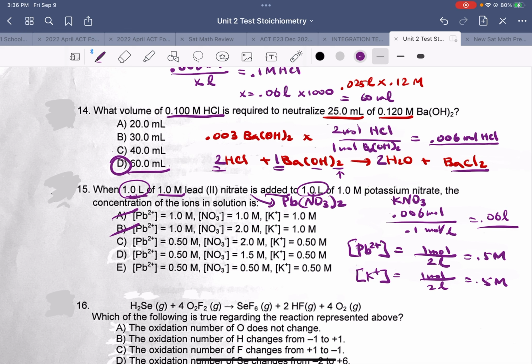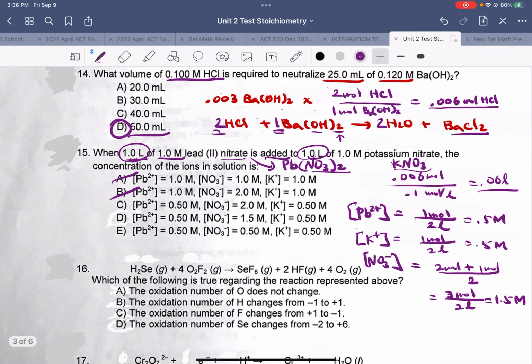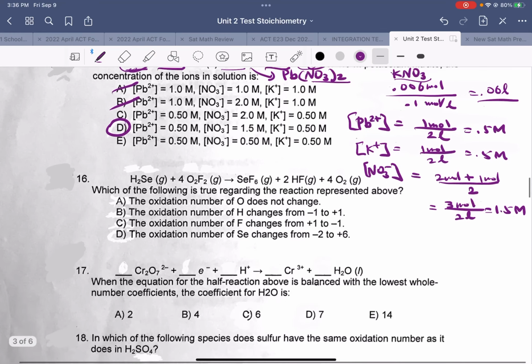Now then, what about NO3, right? Nitrate ion. So nitrate ion was right here, which is basically 2 mole of nitrate there, and here 1 mole of nitrate from potassium nitrate. When you add up 3 mole of nitrate divided by 2 liter, which is 1.5 molarity. So nitrate is 1.5, so the answer should be D then. Okay, that's how you're gonna find out each molarity. Now number 16,